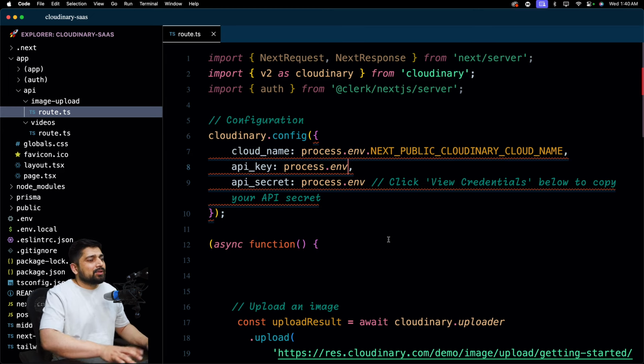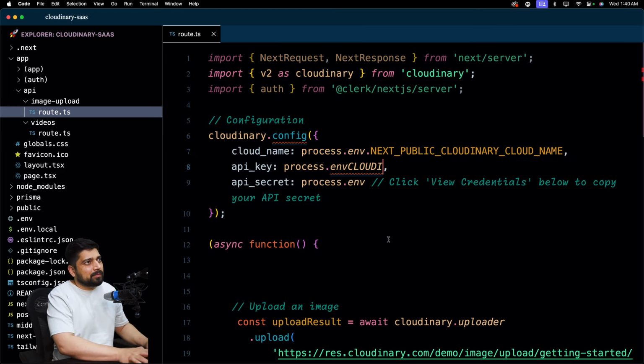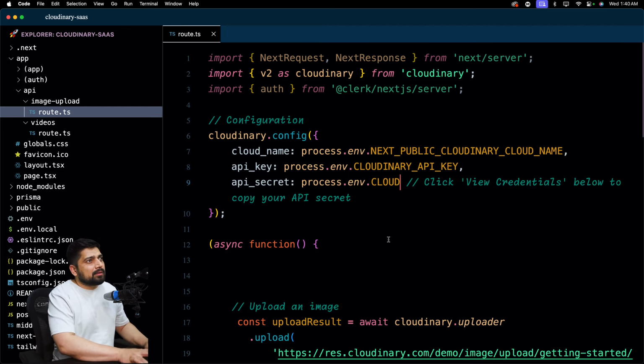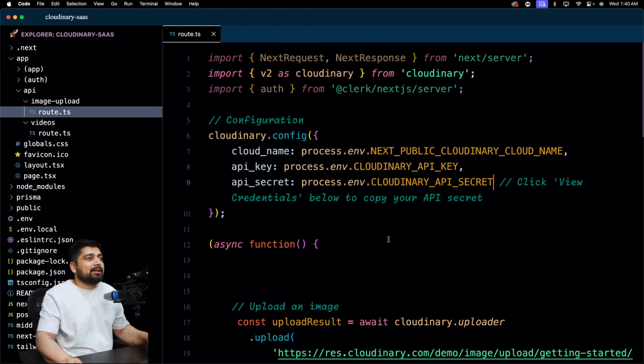And the next one is going to be CLOUDINARY_API_KEY. And this one is CLOUDINARY_API_SECRET. The way this one is written is a Cloudinary public because this is going to be used